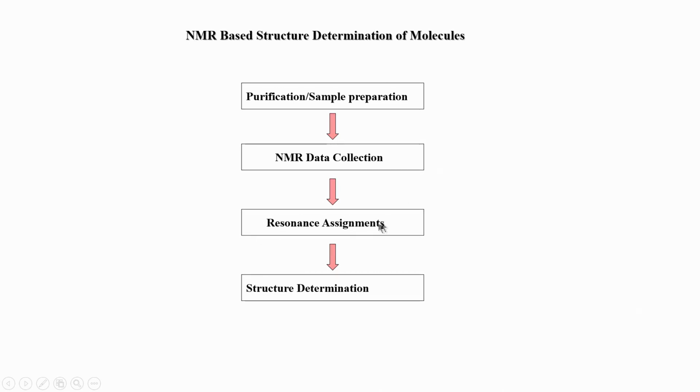Without resonance assignment, meaning without assigning the chemical shifts of a protein, we can't go to structure. So, structure determination requires this as a first prior step. That is the next step, and once you have the assignments, we can then start solving the 3D structure of the protein, and we need a very important experiment here called NOESY. That is something we looked at in the previous half of this course in the very beginning, and we will look at it again in a 3D manner if required for 3D protein structure.